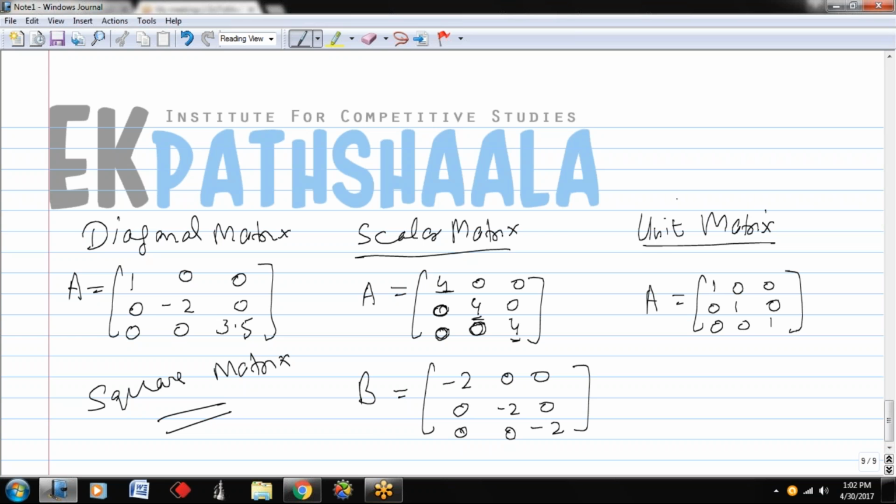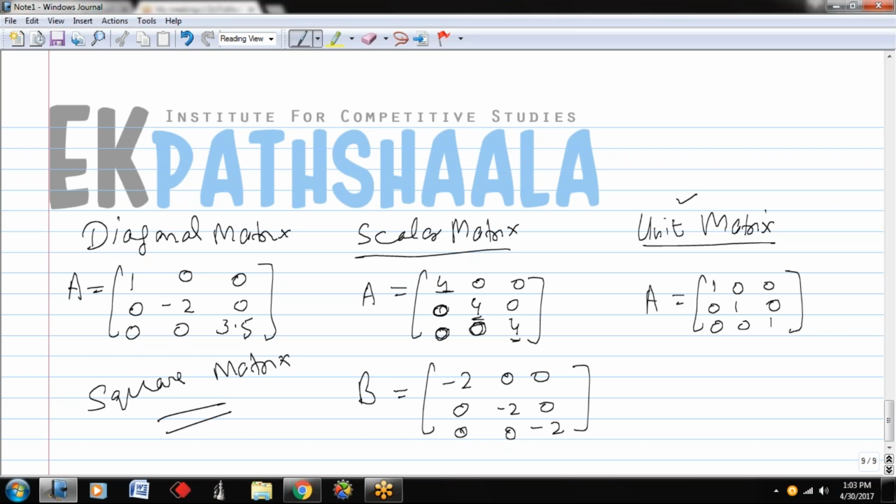This one. Is it a scalar matrix? Yes, because 1, 1, 1 is the same. So write down, every scalar matrix which has one as the diagonal element